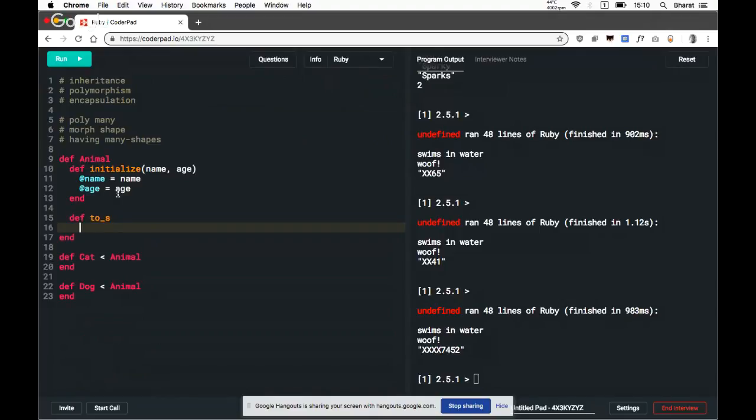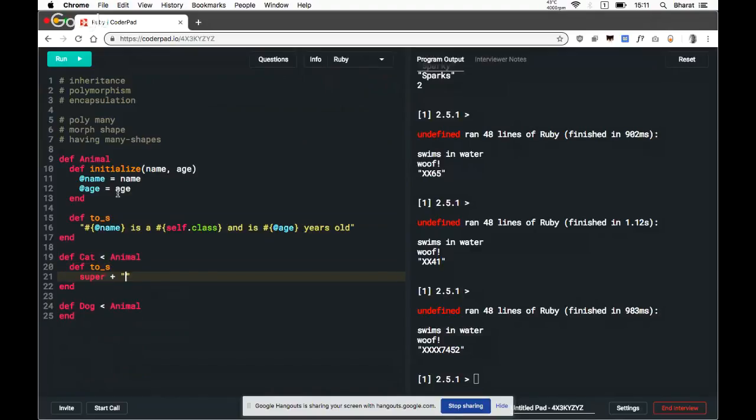Now, if we do a string conversion of this, we can say the name is, and is, and, we can hard code even certain behavior into this.